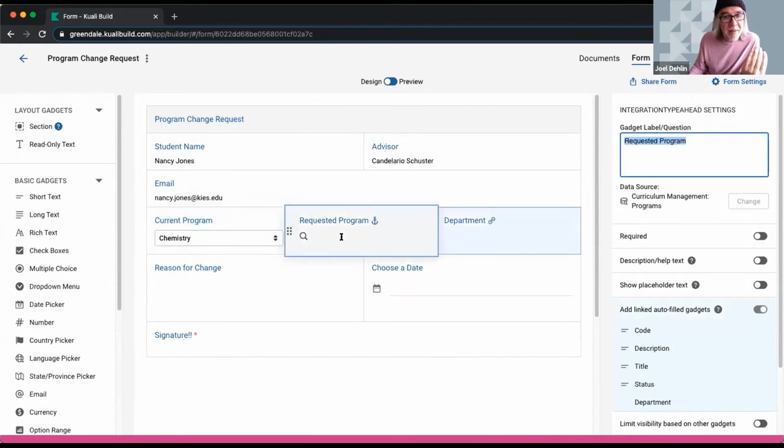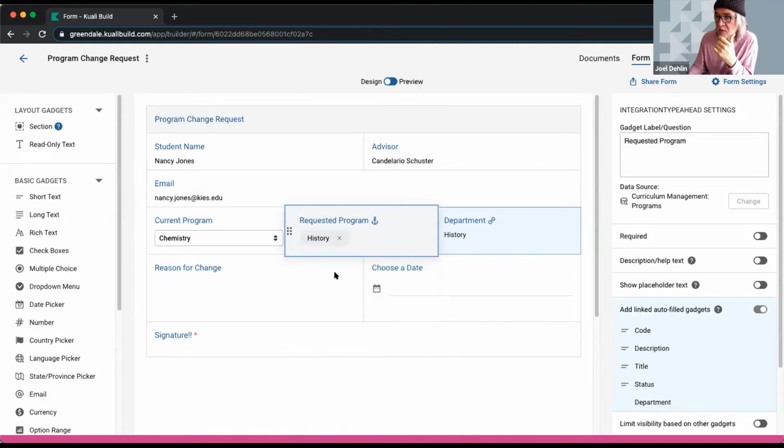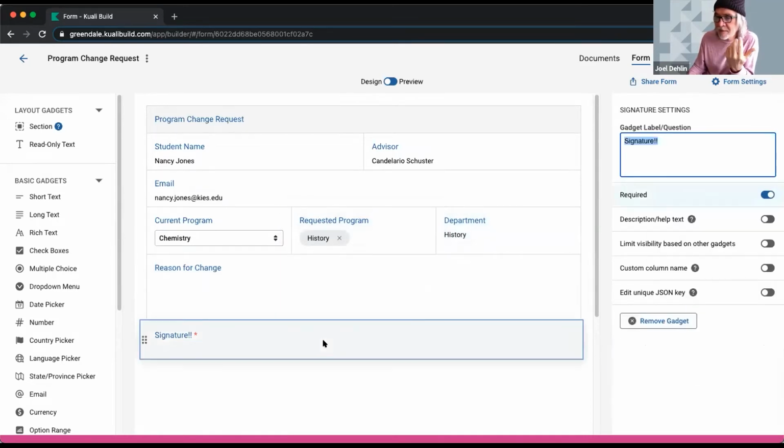And now this automatically hooks up to curriculum management. So when I start typing history, it narrows it down for me and allows me to select history. So now, just like other search areas in curriculum management, it will search the title, but it will also search the description. It gives some different weightings for the different ones. So I'm going to choose history. It knows automatically that history is in the history department. I can type in the reason for the change. I'm going to get rid of this date. And then the signature piece,